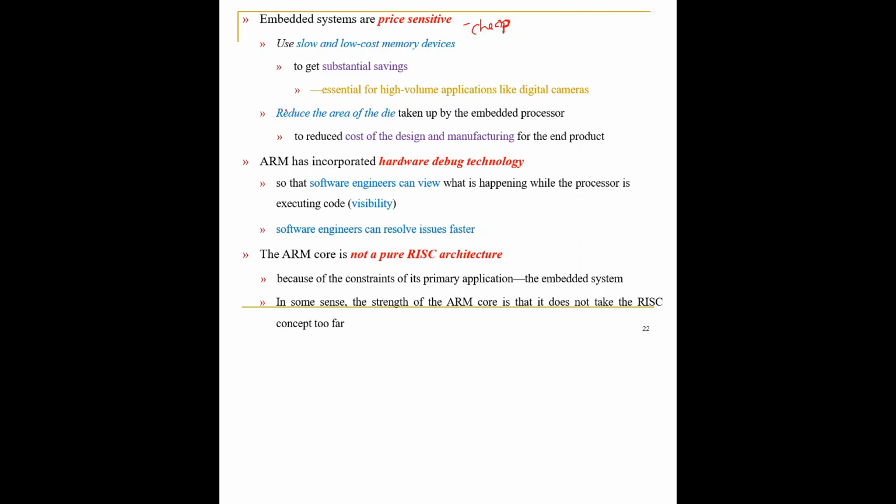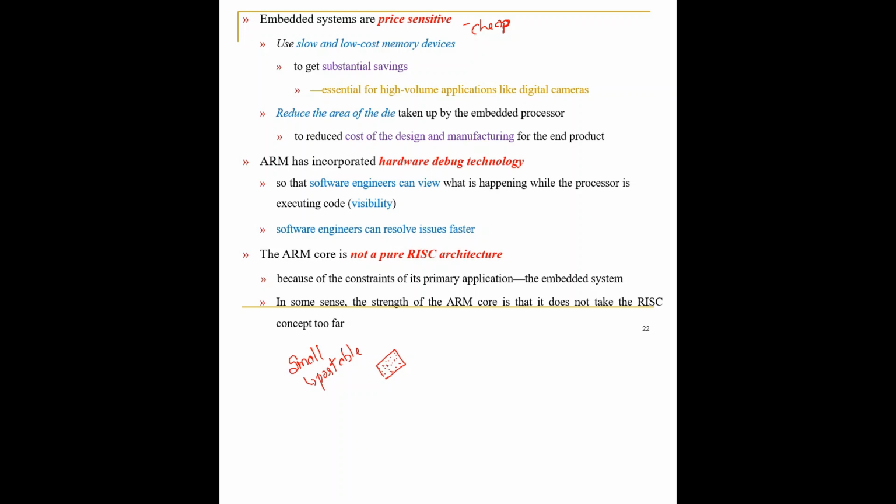Second one is size of the embedded system. You cannot say that, sir, I'll carry the embedded system which is very big. You normally expect your embedded system to be as small as possible, right? Because you want it to be portable. You want that embedded system to be carried along with your people, right? So you need to reduce the size, the area of the die taken up by the embedded processor. So what you can do is, the processor or the peripherals, whatever you are going to use, you need to make sure that it will fit within the given area of the embedded system, which is portable.